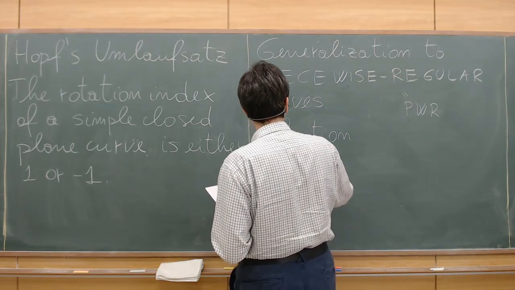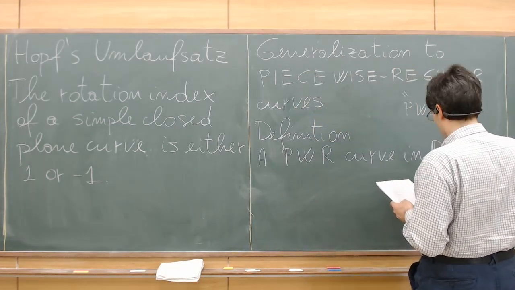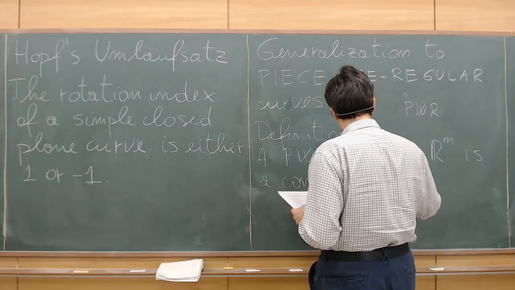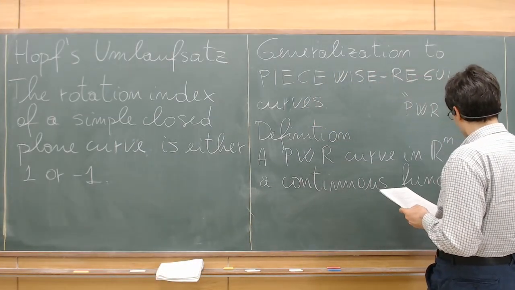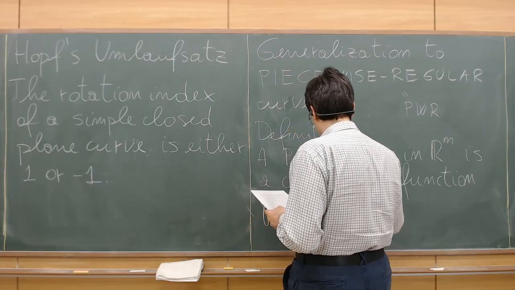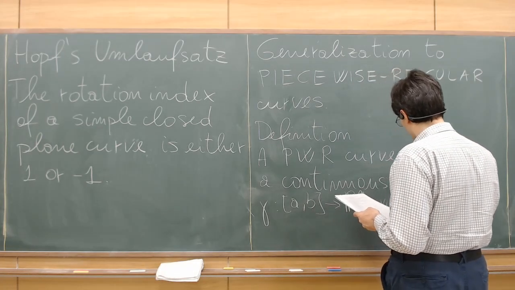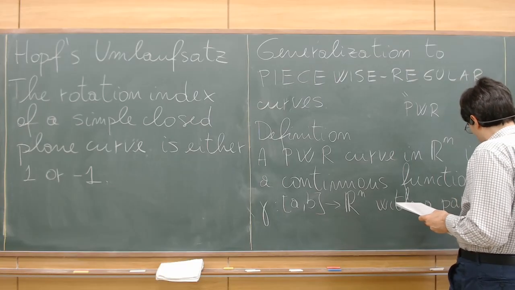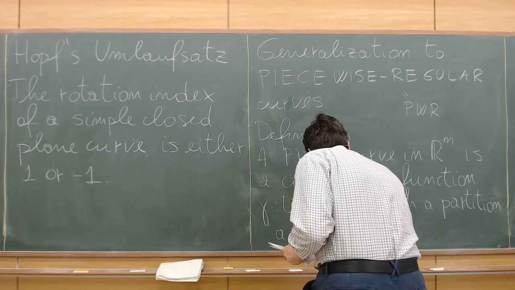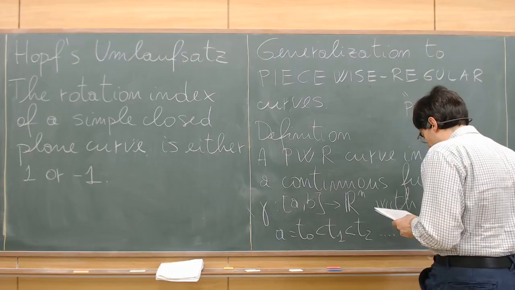So a PWR curve in Rn is a continuous function gamma defined on a closed interval AB with values in Rn with a partition A equal to T0 smaller than T1 smaller than T2 smaller than Tn, which is equal to B, such that